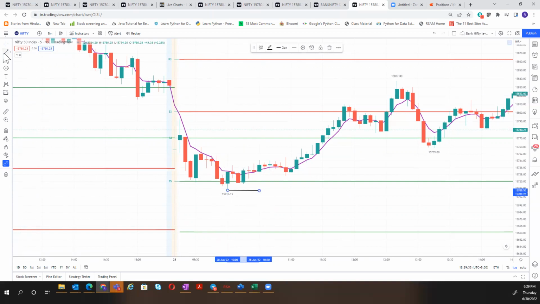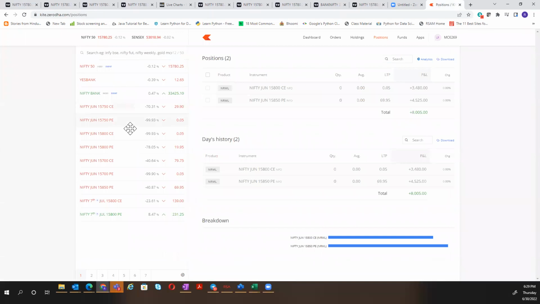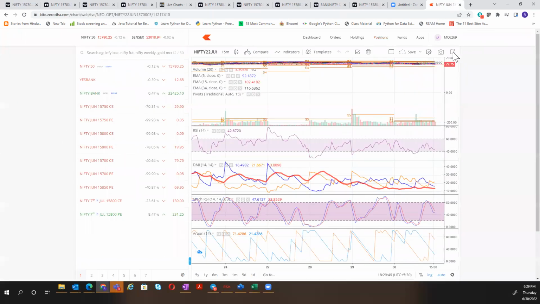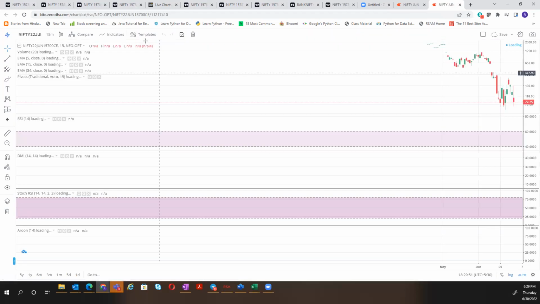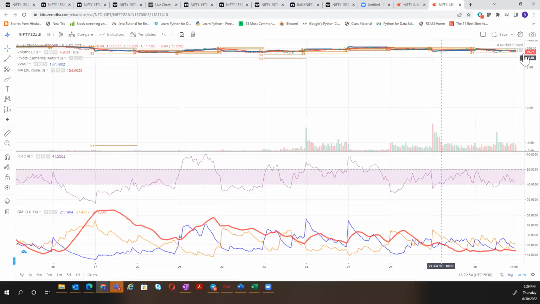You know the price action. With the price action, you can work beautifully. So this is your entry point. Understood? So this is 15,700. Now let's go to 15,700 CE so that you understand how exactly trading should be done. It should be done on this